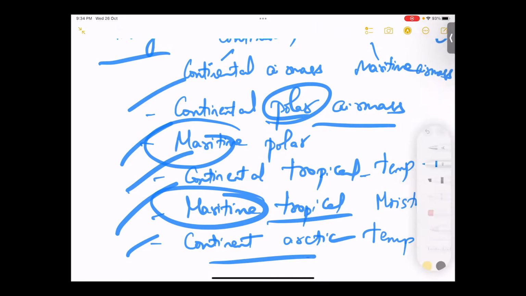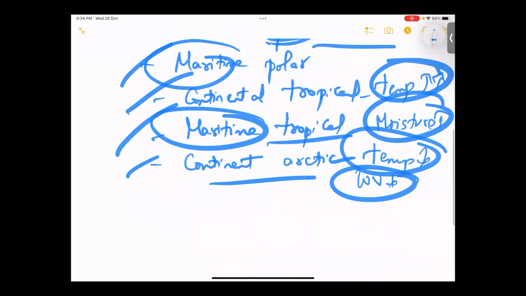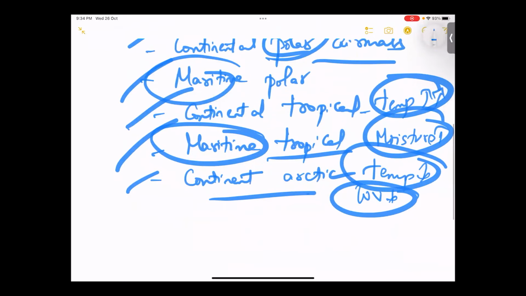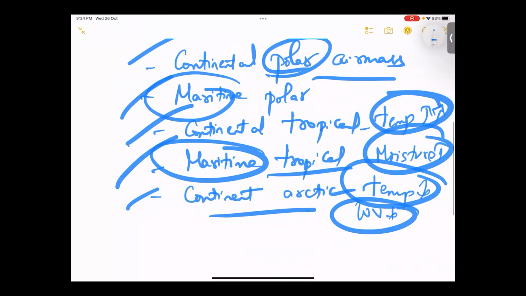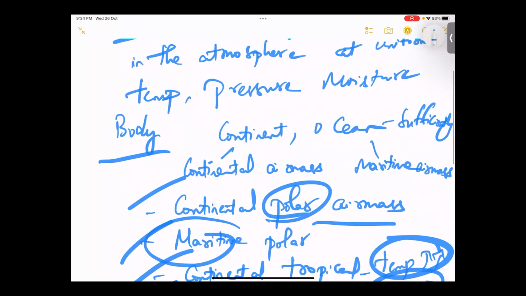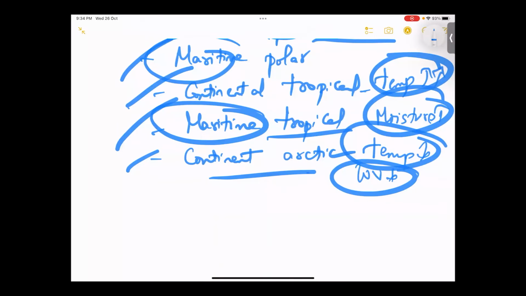If you can write one or two words or lines, even shortcuts like what I am writing, it will give a very good picture to the examiner that not only the air mass definition which you have written in the introduction, but in the body you are writing different types of air masses. Now coming to the role. If you want, you can draw a diagram showing various continental and maritime air masses, again with a world map. It's a very good way of presenting the air masses.